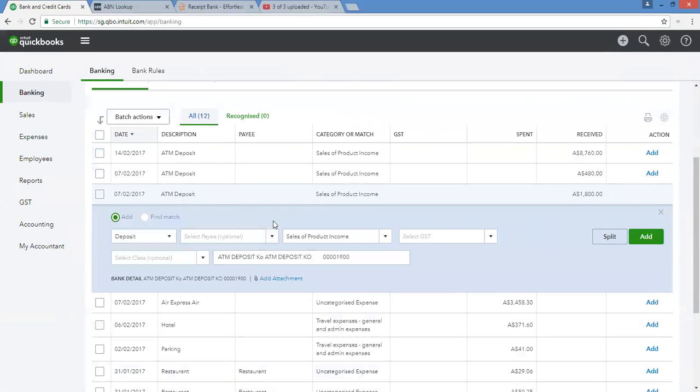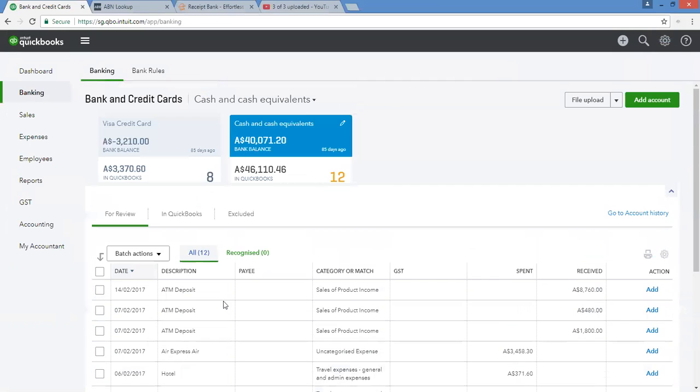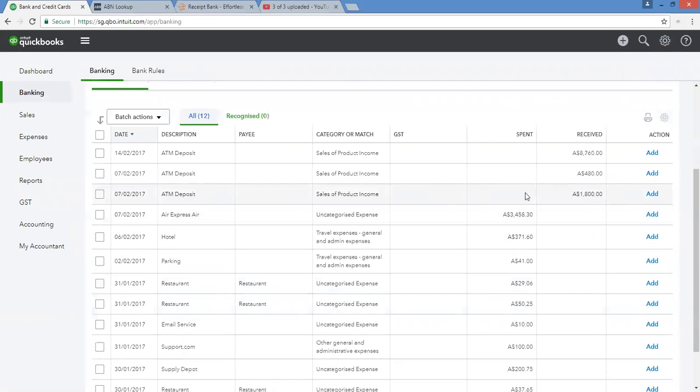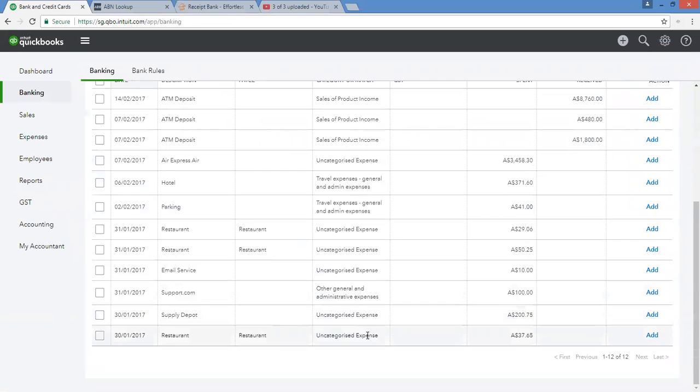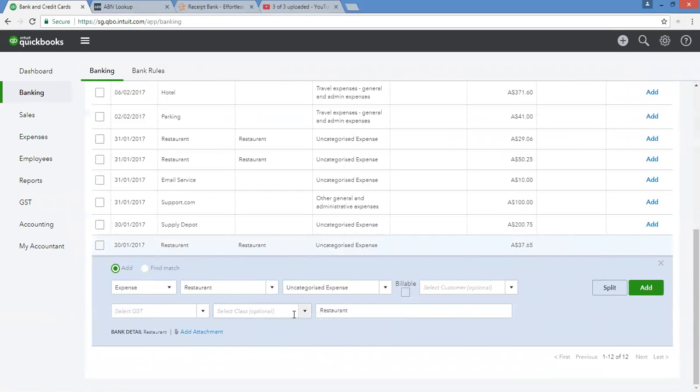You do have to be really careful in this screen not to muck it up. Basically, and I know this from my own file, it can be fairly easy just to click add and put it to either the wrong customer receipt, or you could be putting it to the wrong account. So you do have to be mindful of what you're doing, and you do have to think about it to some degree. So if you work through it, you're literally going to clear all the transactions in front of you,